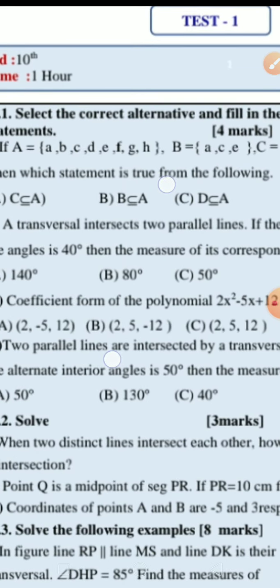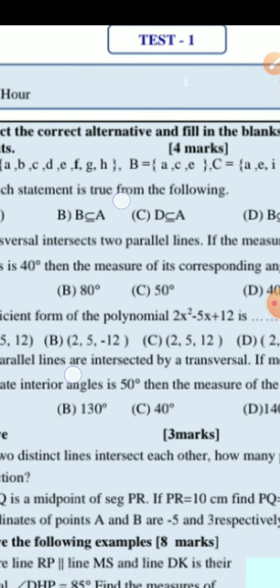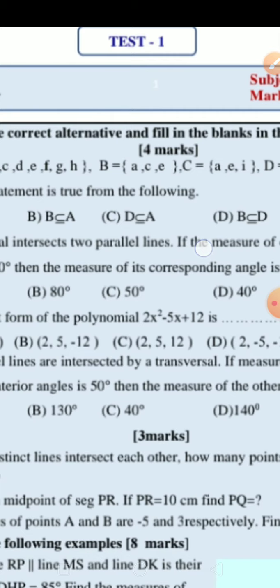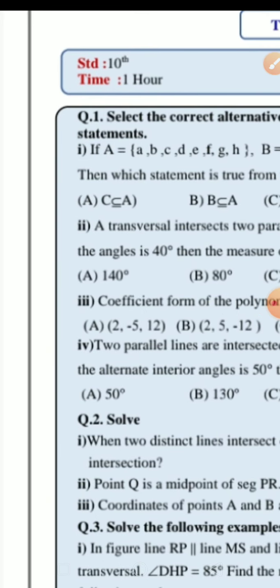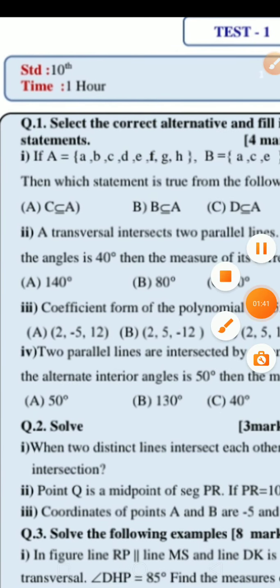If A is equal to the set of A, B, C, D, E, F, G, H, and B is equal to the set of A, C, E, and C is equal to A, E, then which statement is true? तो आपको दिया जा रहा है कि उसमें से कौन सा स्टेटमेंट ट्रू है।